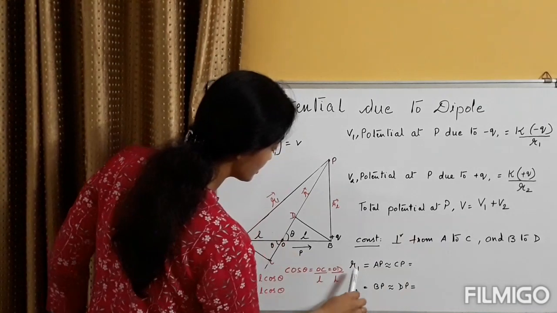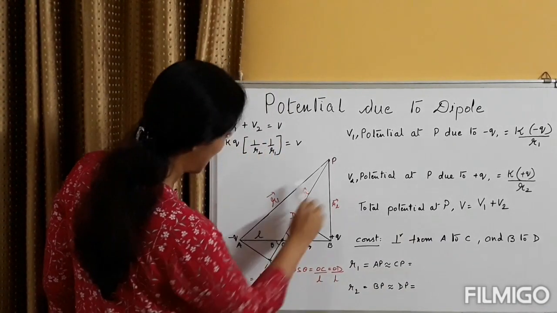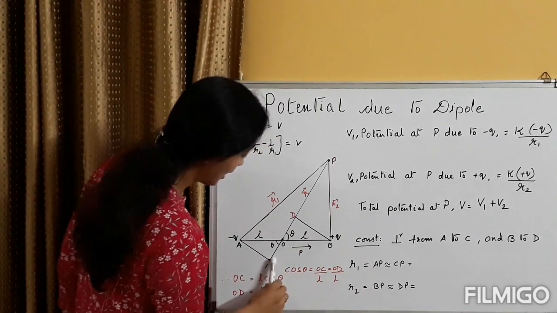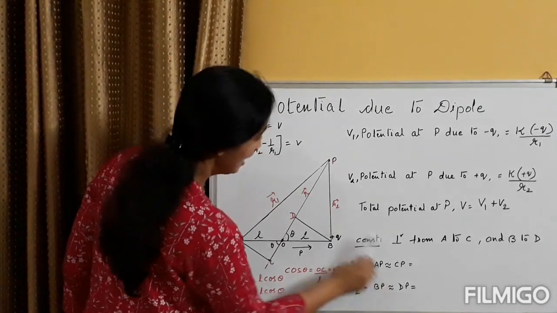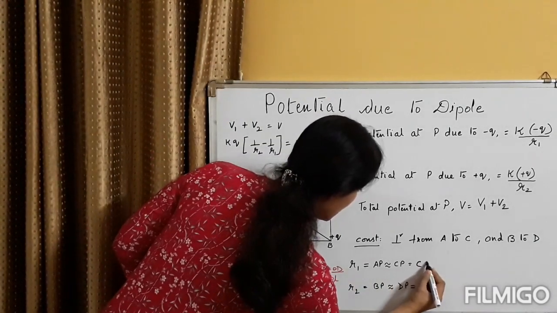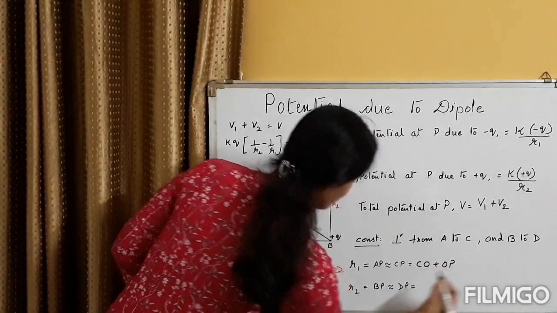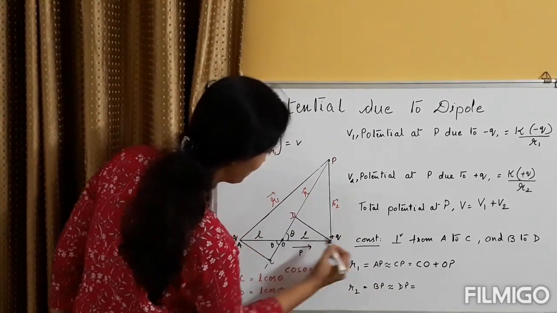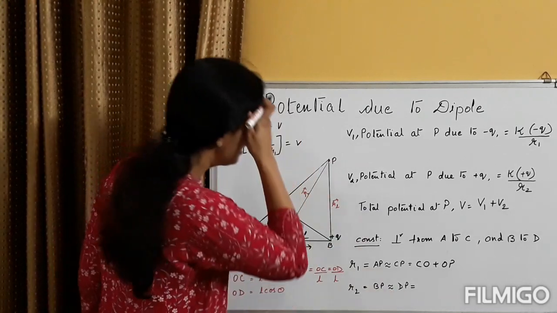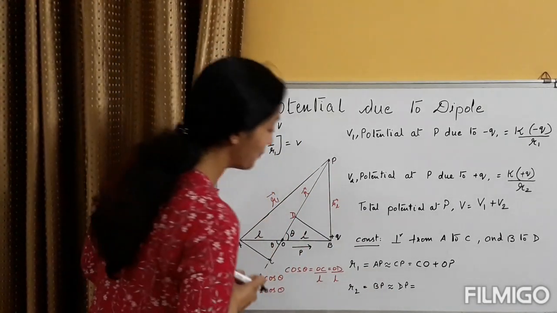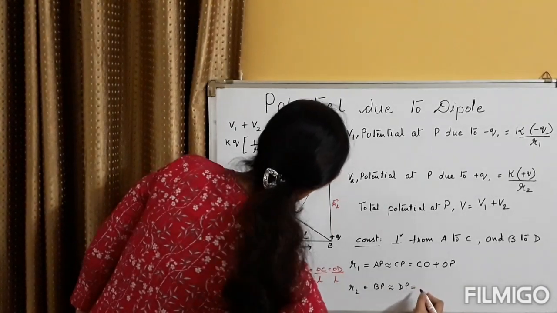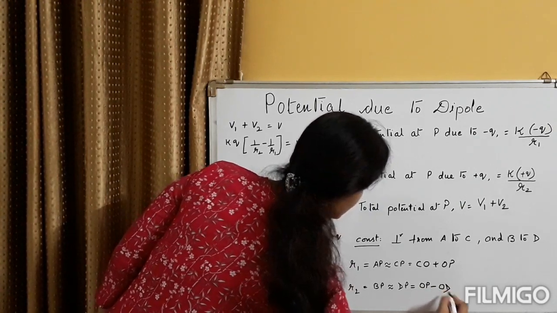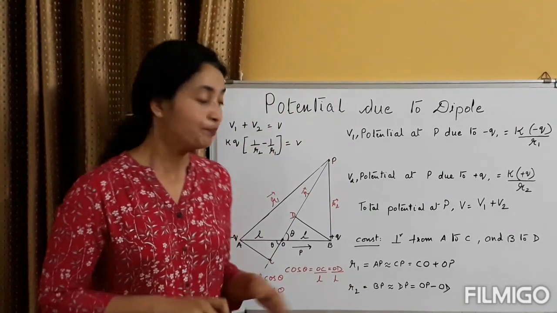So the construction is that you have dropped the perpendiculars. Now R1, which is AP, can be written as approximately equal to CP. Now we have come to the last steps. So R1 is close to CP, and CP can be written as CO plus OP. Similarly, R2, which is equal to BP, is close to DP. If we take this approximation, the error will not be much. So we will write DP, which is nothing but OP minus OD. Is it clear now? So we can move further. This is the last step.